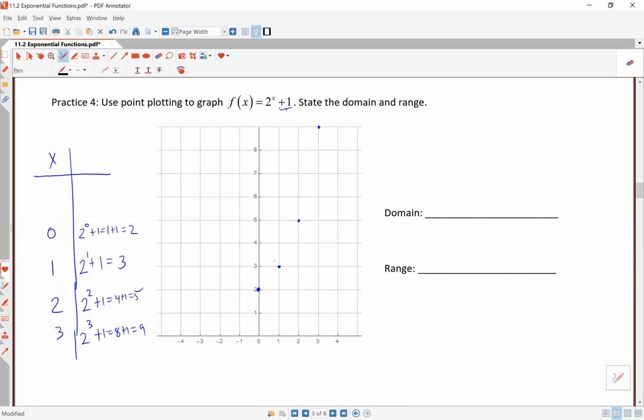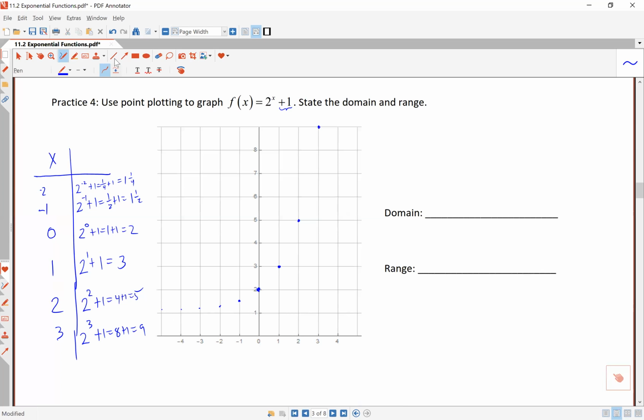Now we divide by 2. -1. So 2 to the -1 plus 1 is 1/2 plus 1, which is 1 1/2. -2 is going to be 2 to the -2 plus 1. 1/4 plus 1 is 1 1/4. And so you see these distances being cut in half now. Cut in another half and a half, and it's always going to stay this time above the line y equals